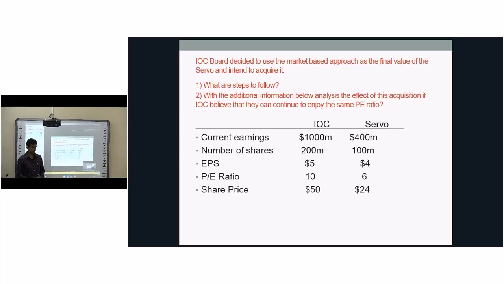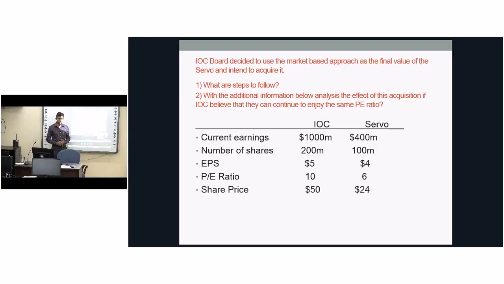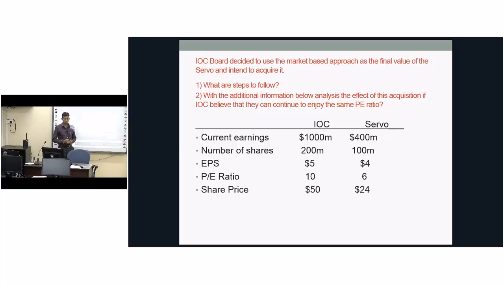Okay. So in the last session, we were talking about mergers and acquisitions, and we went through a couple of areas. Starting with, we discussed the difference between a merger and an acquisition, the main reasons for mergers and acquisitions, and then the main steps of mergers and acquisitions. And then we discussed